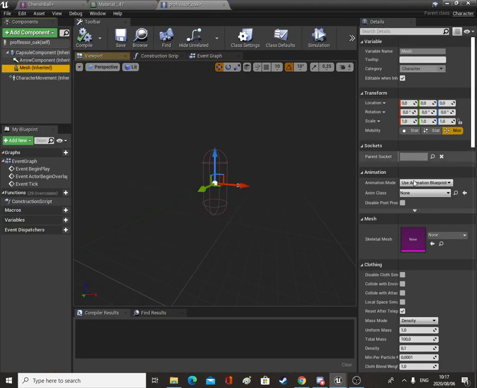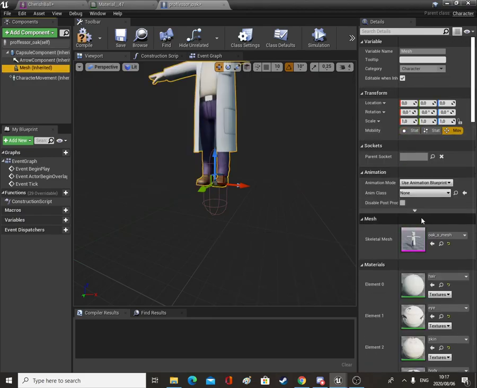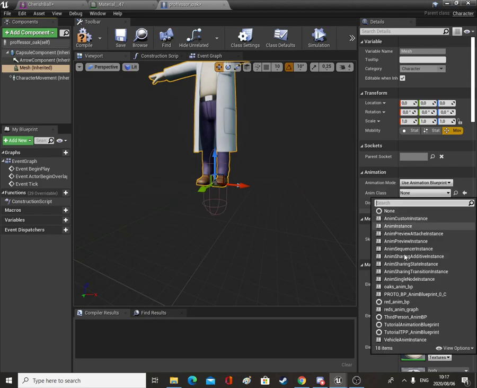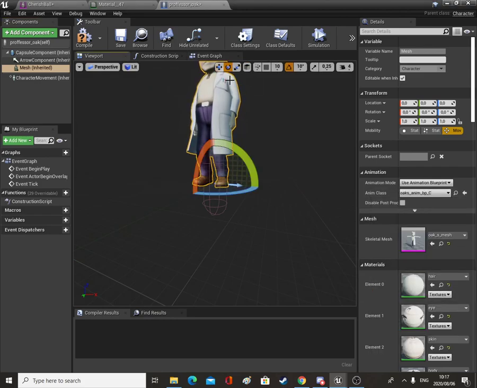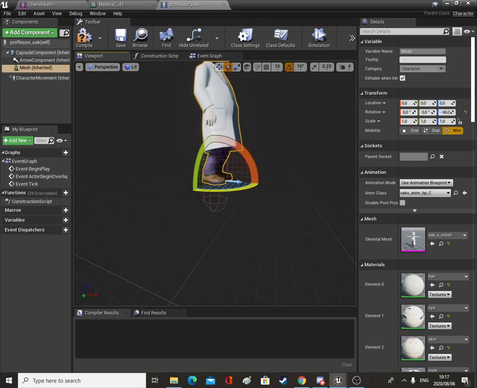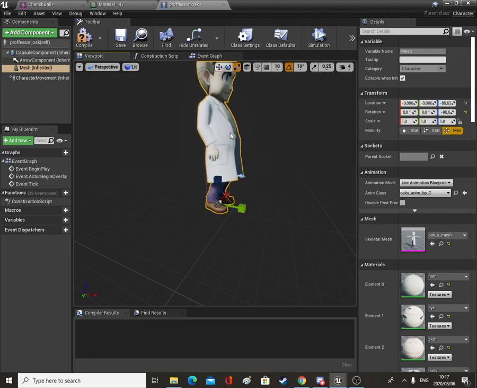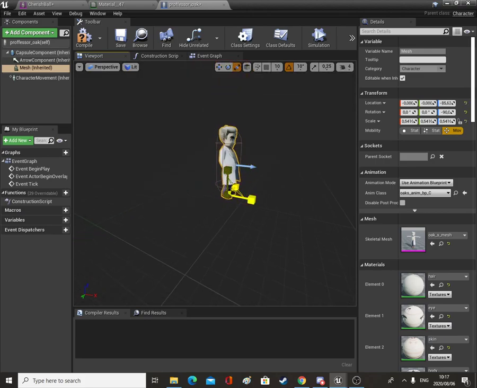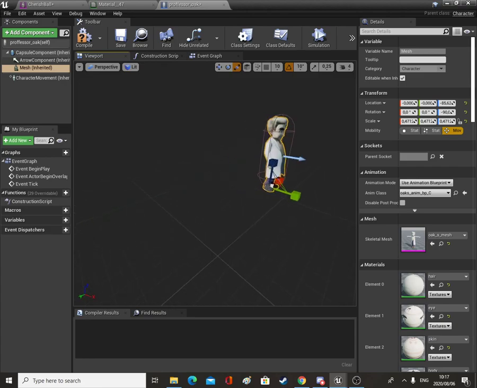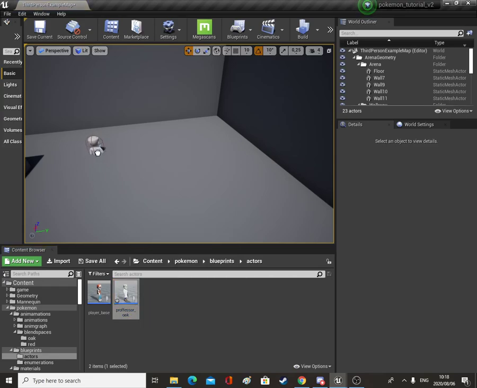We'll change the mesh over here to Oak's mesh. The animation blueprint we'll use will be Oak's anim BP. And we'll just rotate him 90 degrees so he's facing frontwards. Bring him down and make him fit. Alright, so there we go. Now we've got a Professor Oak. We can drag him into the level